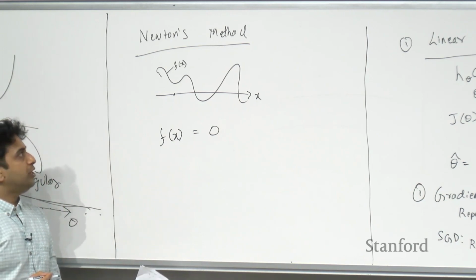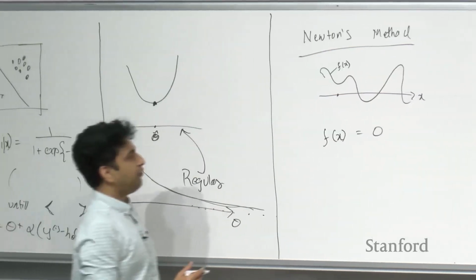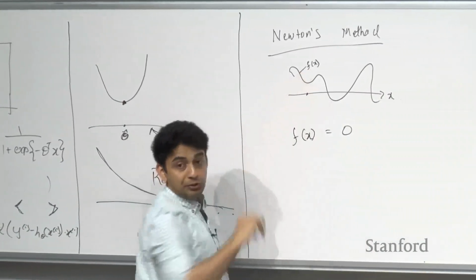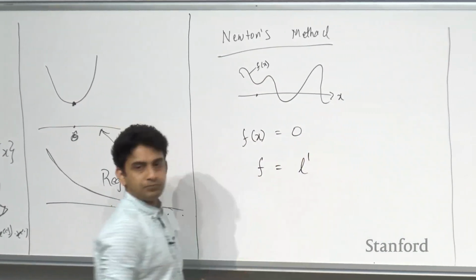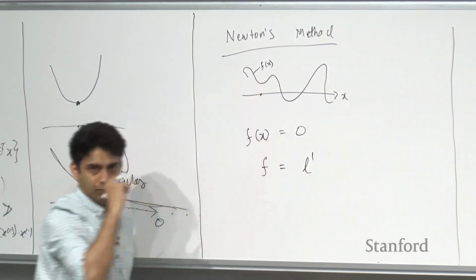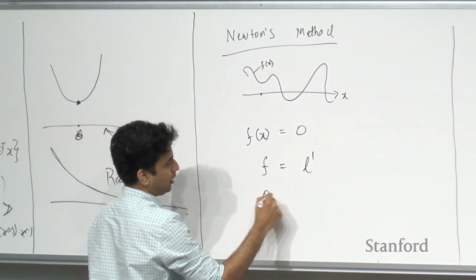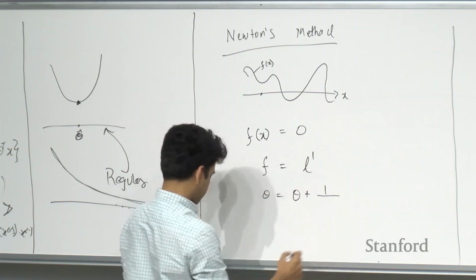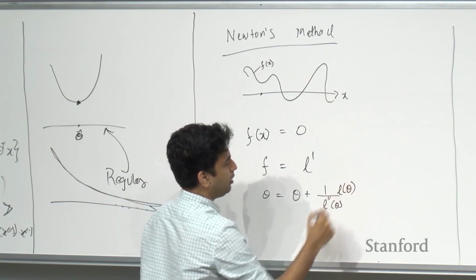And we use Newton's method for solving our cost function by feeding the gradient of our function as the input to Newton's method, as f. So we set f equal to L prime. The gradient function is used as the function whose root we are trying to calculate. Newton's method gives us the update rule that theta equals theta plus 1 over L double prime of theta times L prime of theta,